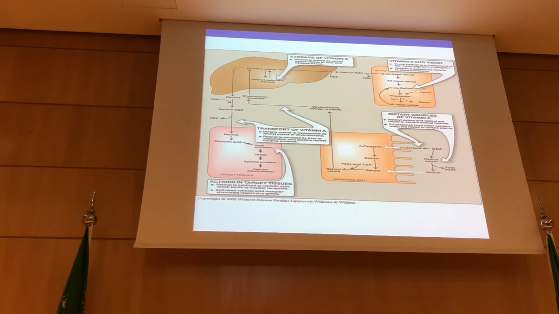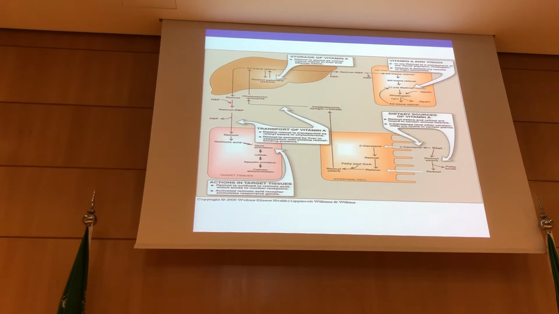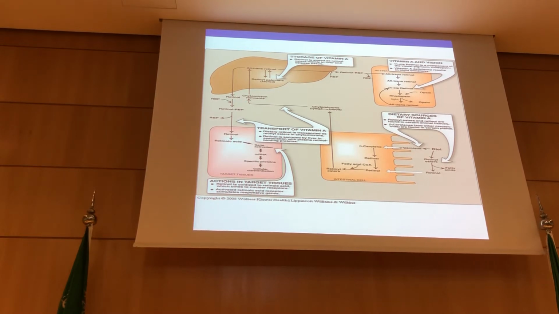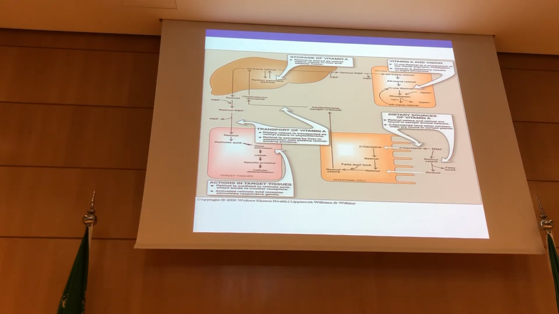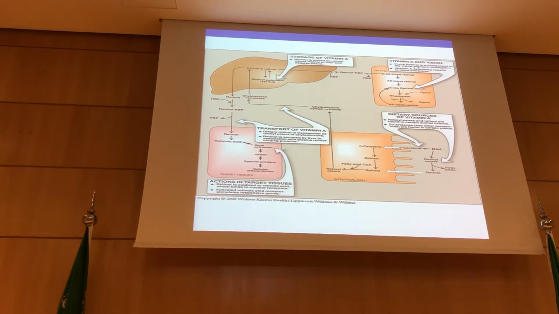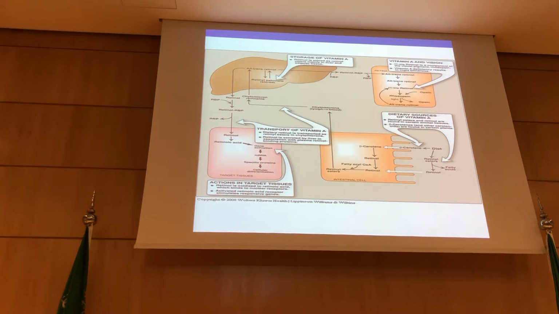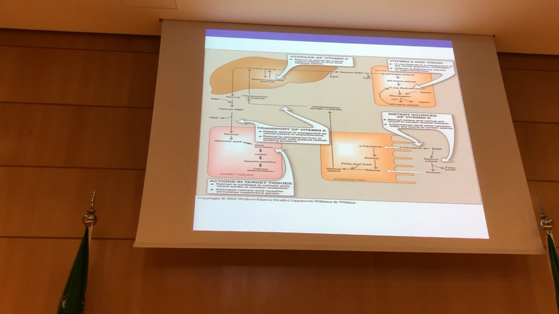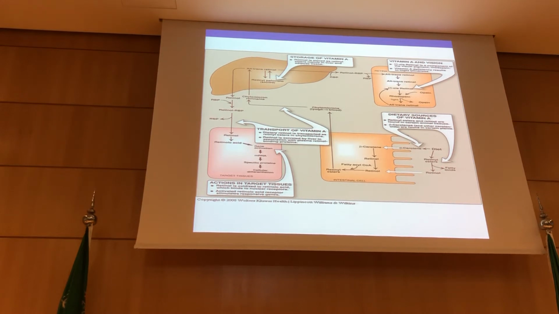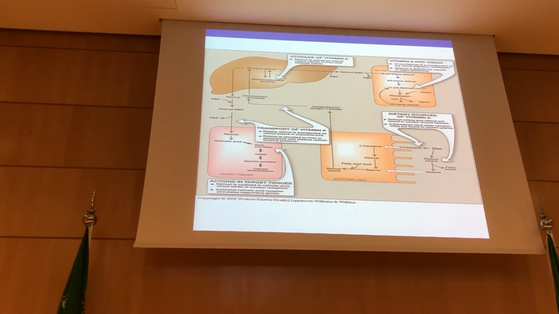Also, bound to the retinol binding protein, RBP, it's transported to other target tissues. Here, for example, we said that it plays a role in cellular differentiation in epithelial tissues. So how does it play this function? The retinol should be transformed into retinoic acid, and it is retinoic acid that activates the gene for the formation of a specific protein that plays a role in cellular differentiation. So it's not a direct effect; it is through the activation of certain genes that form certain proteins that play a role in cellular differentiation.